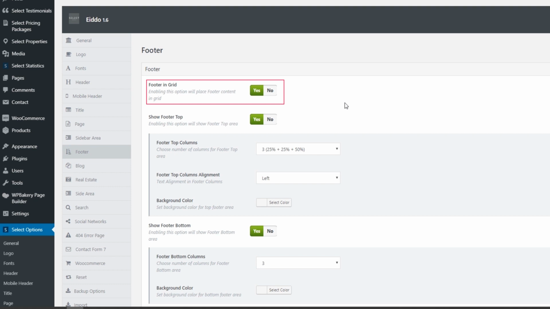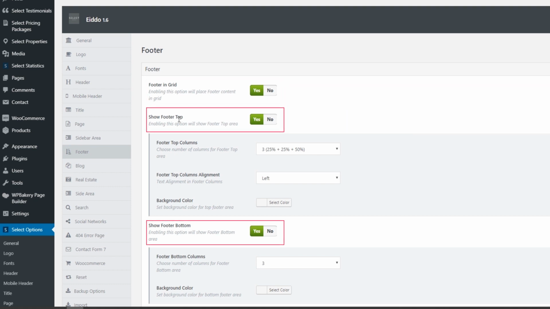Here you can set whether you want your footer to be in grid or not, and whether you want to show footer top and footer bottom. As you can see, by default, the footer is set to grid. I'm not going to change that. The footer top is enabled, and so is the footer bottom. In case you're not sure which part of the footer exactly is the top and which part is the bottom,